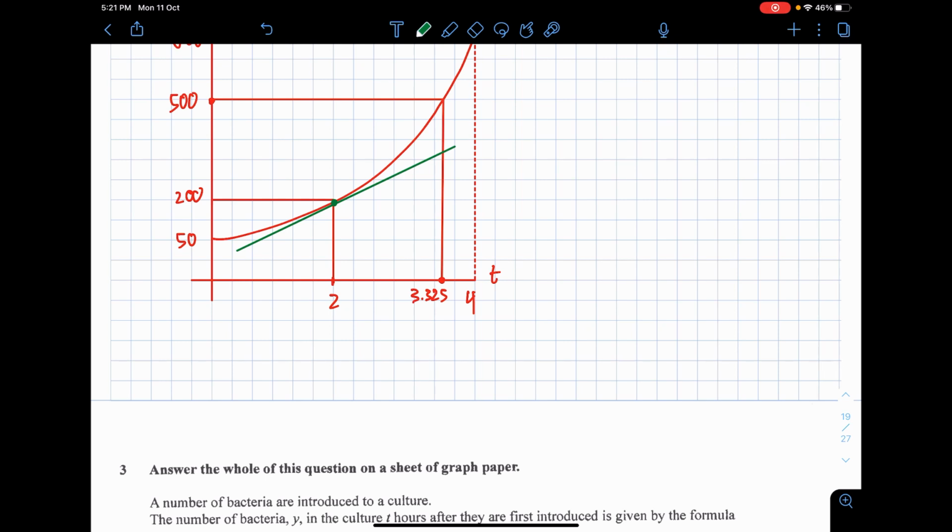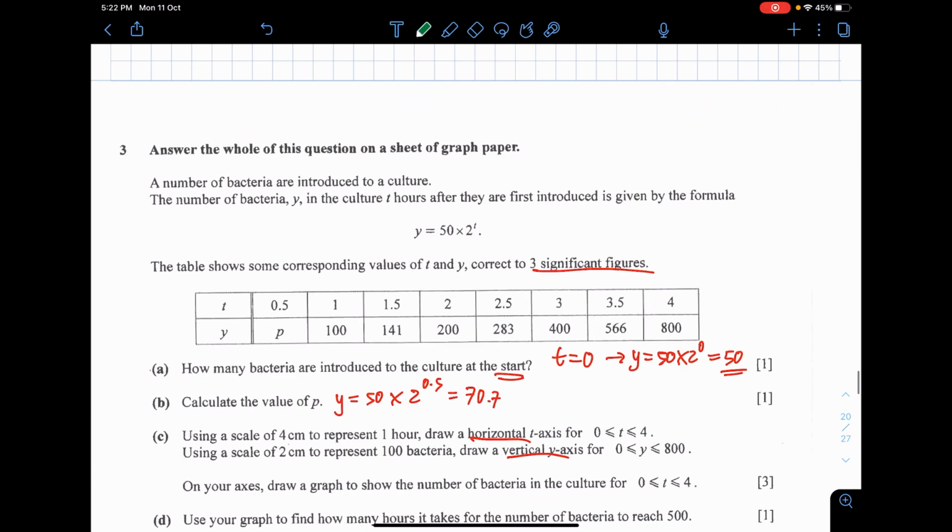Then once I have the line that I feel is good enough, I just need to make a triangle out of it. Connect them into a right angle shape here, and then you need to do rise over run. Gradient is rise over run. So you need to find the y coordinate and this coordinate to get the height of the triangle. Likewise, this point over here gives you the base of the triangle. Then you just divide them. Estimately you are going to get some 140. This is also very subjective.